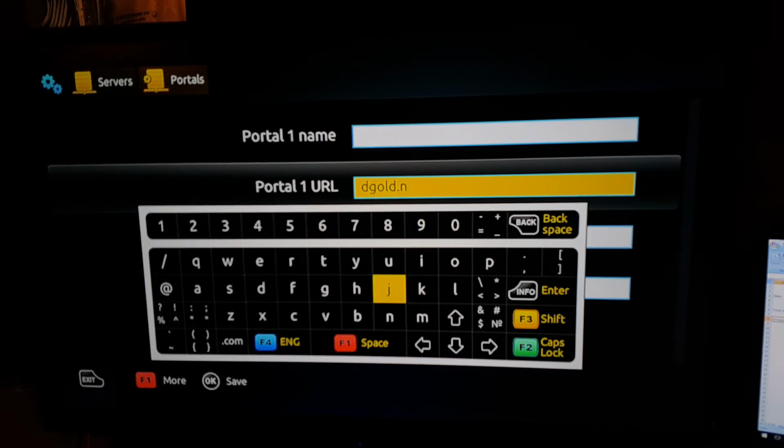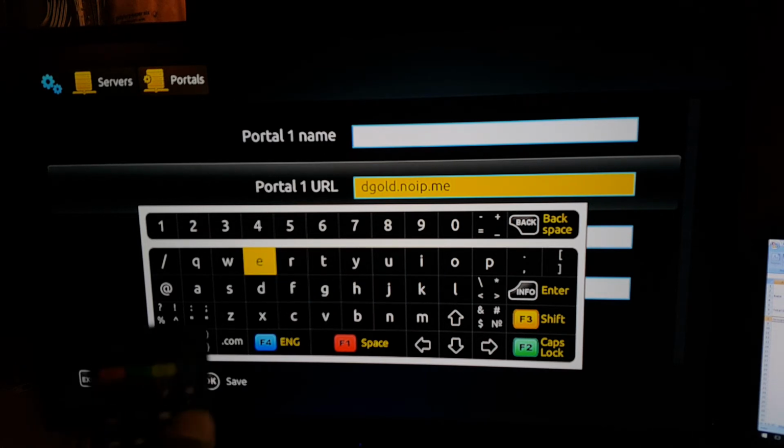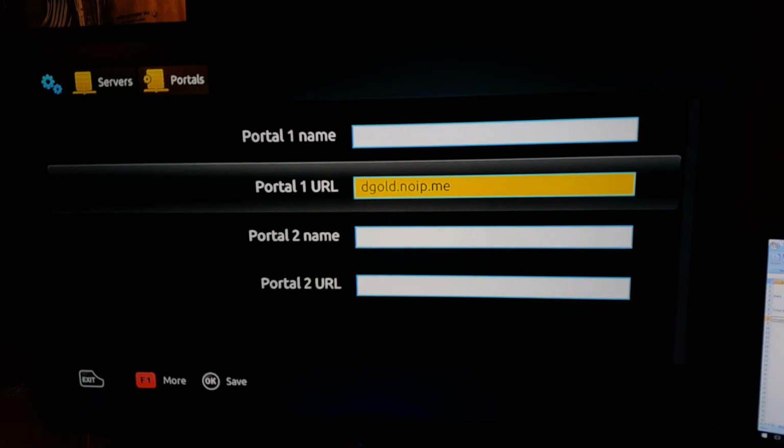Then N like Nancy, O like orange, I like ice, P like Peter, then the dot sign again, and M like Mary, E like Edward. Once you enter that address, press the keyboard button on the screen and it will hide the keyboard. Press the OK button